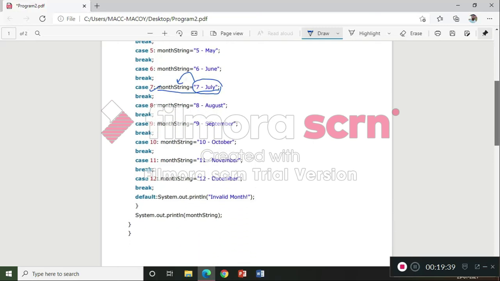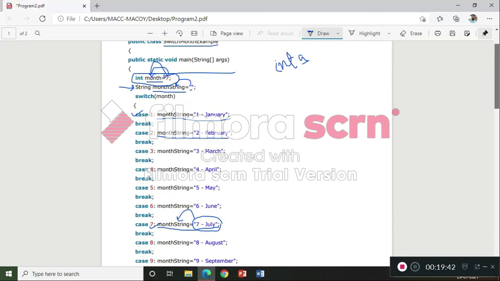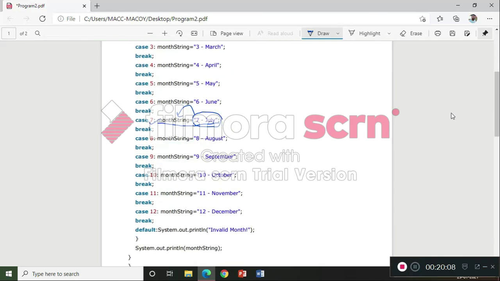After that, note one more very important thing: we are supposed to give break. Understood? We are supposed to give this break statement. Why? Because as soon as case 1 completes, we are supposed to give break, otherwise case 2 will not execute separately. To execute case 2 separately, we are supposed to give break. Clear? One more very important thing, note this default. We are not supposed to give break for this default statement.